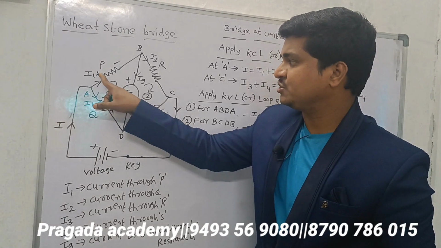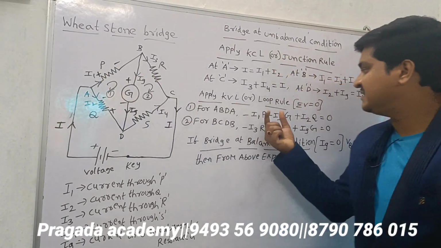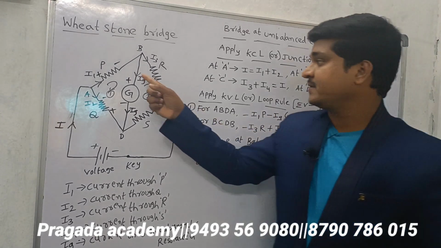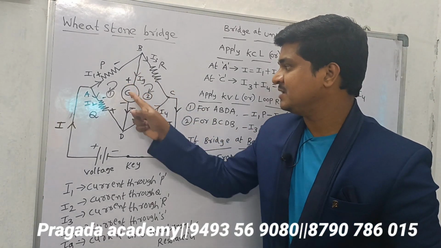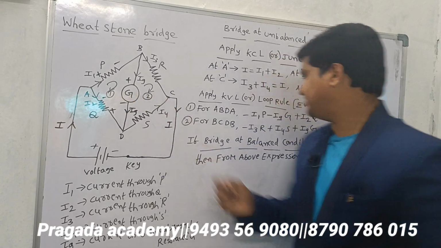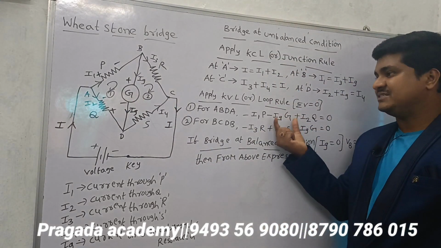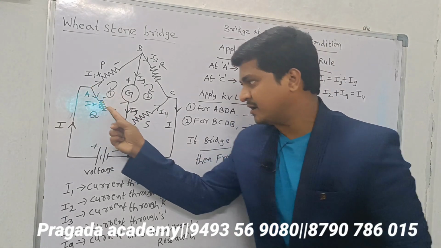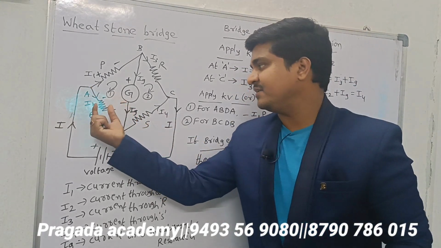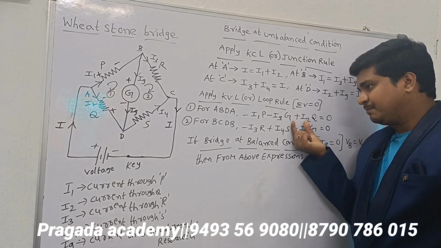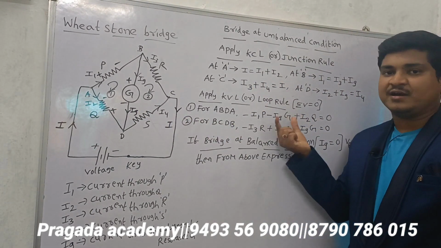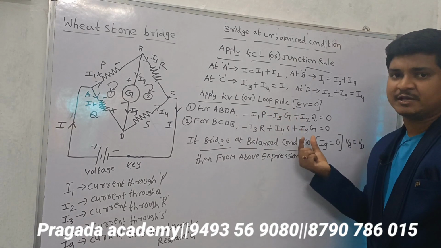Here the arrow direction is towards plus, that's why we need to take minus I1P according to the sign convention for the KVL. Next, the arrow is towards plus and the galvanometer resistance is capital G, so you will get minus IZ into G. If you observe here, the loop direction is opposite to the current flow direction. That's why, if they are opposite, we need to take plus I2 into the resistance Q. By Ohm's law, V equals IR, that's why current into resistance is applied.